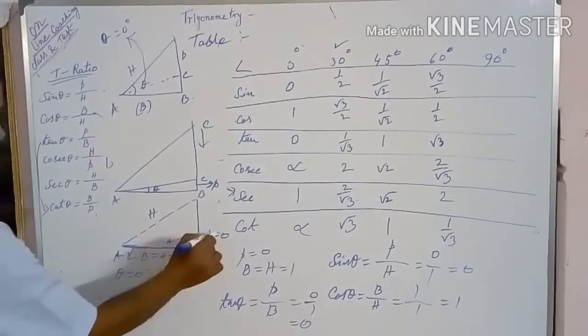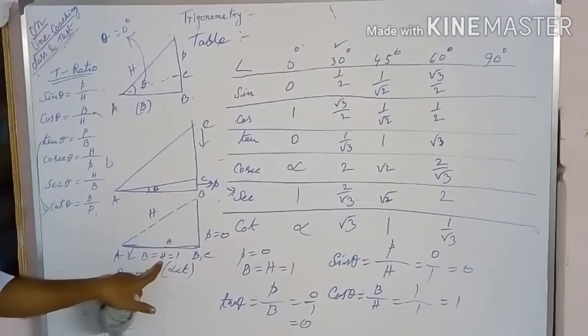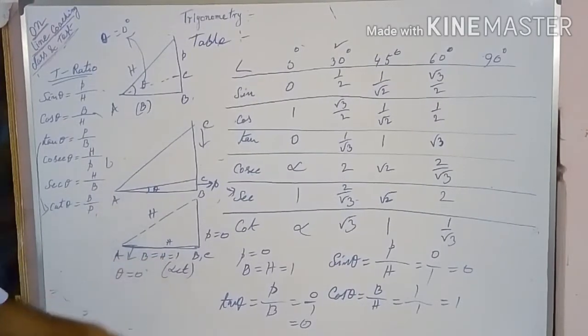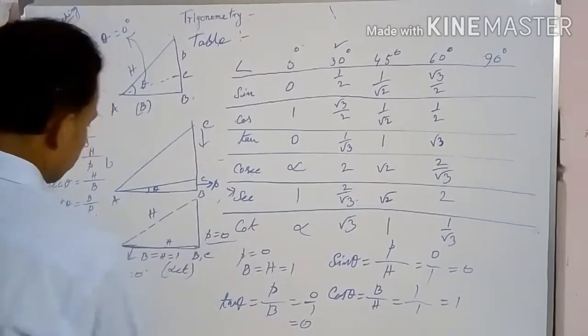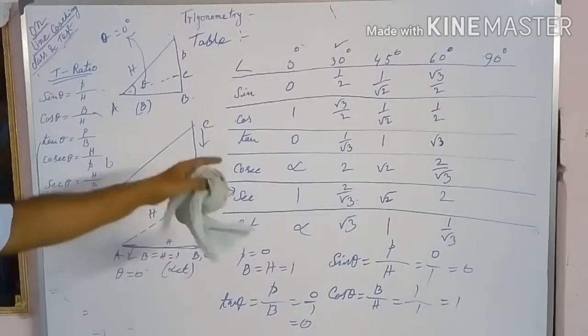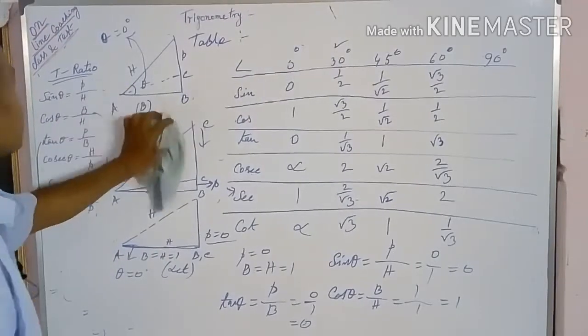In that case the perpendicular will be 0 and the base coincides with the hypotenuse. Base is equal to hypotenuse equal to 1. Therefore perpendicular is equal to 0, base is equal to hypotenuse equal to 1. In this way you can determine the values for 0 degree. Now